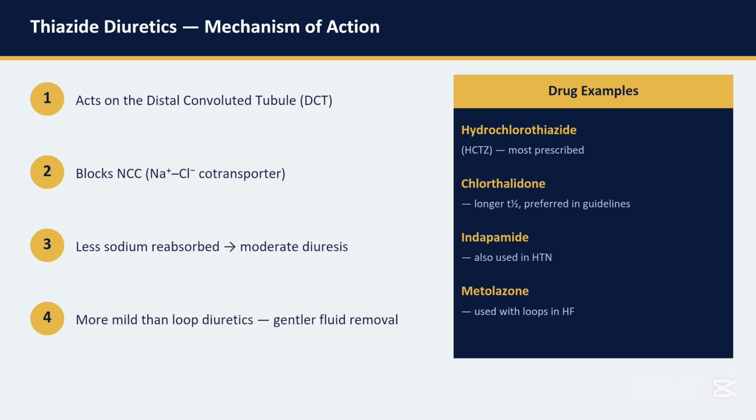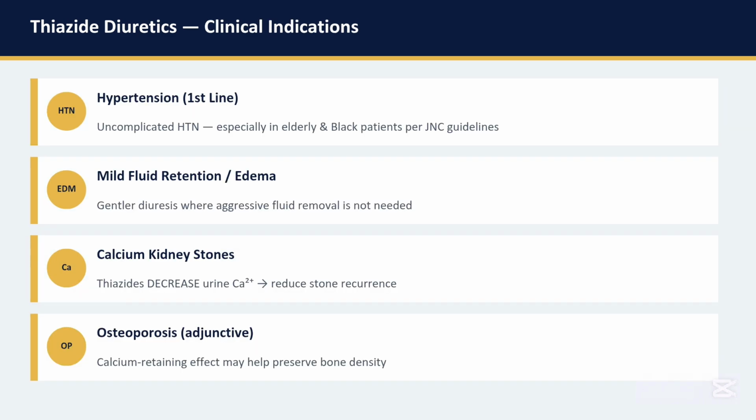Chlorthalidone is another one you will see frequently, and it actually has a longer half-life, which makes it preferred in many guidelines. The primary use of thiazides is hypertension. They are actually a first-line treatment for uncomplicated hypertension, particularly in certain patient populations. They are also used for mild fluid retention and in patients with calcium kidney stones, because thiazides actually decrease calcium